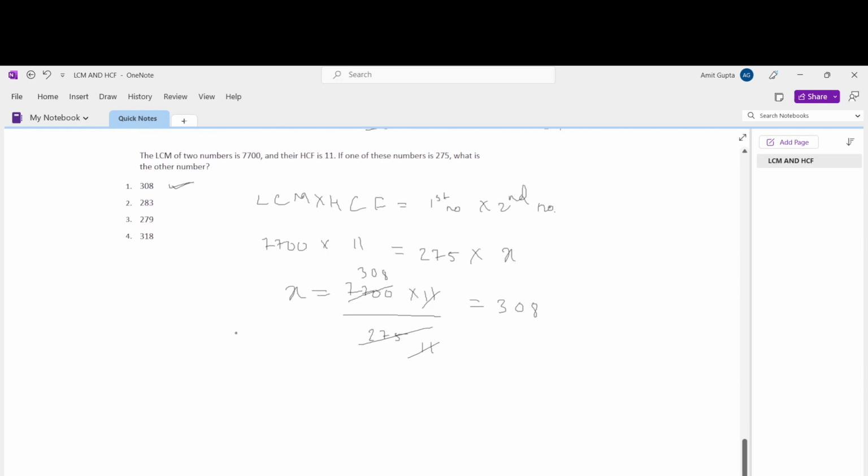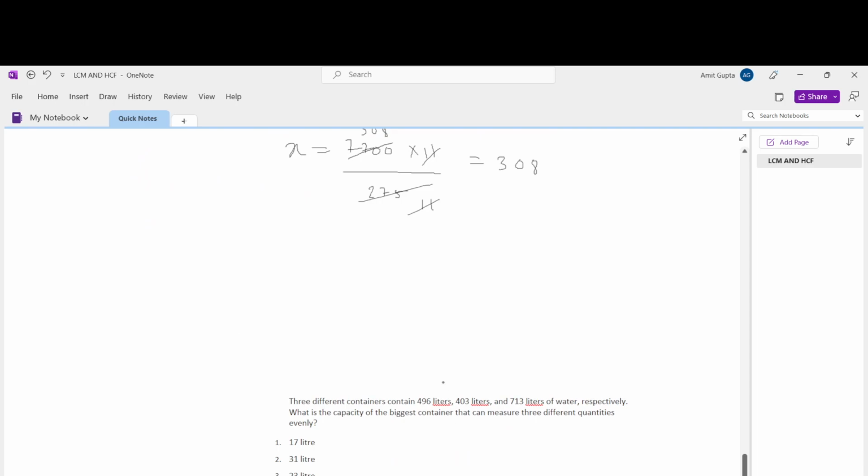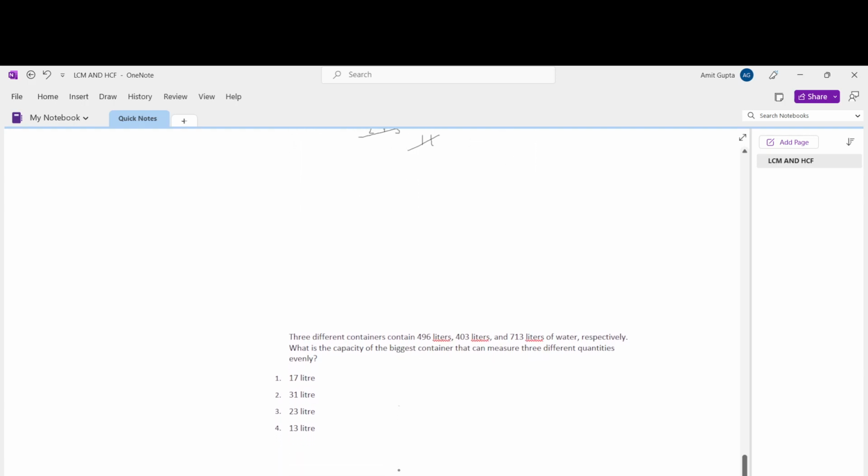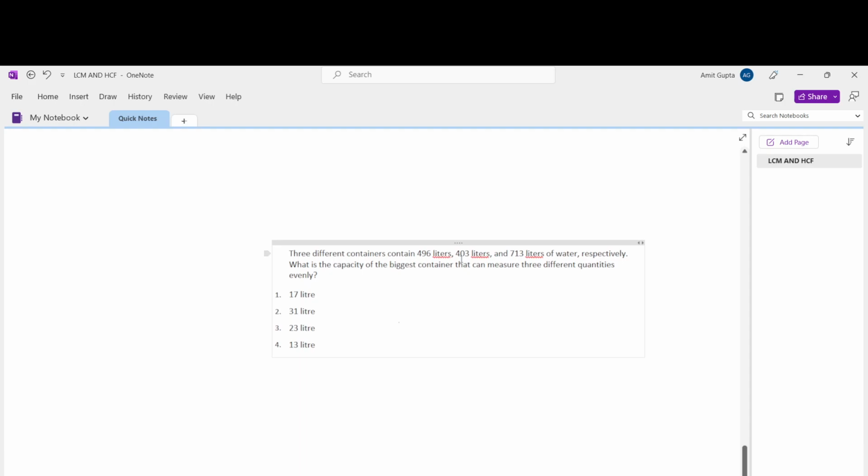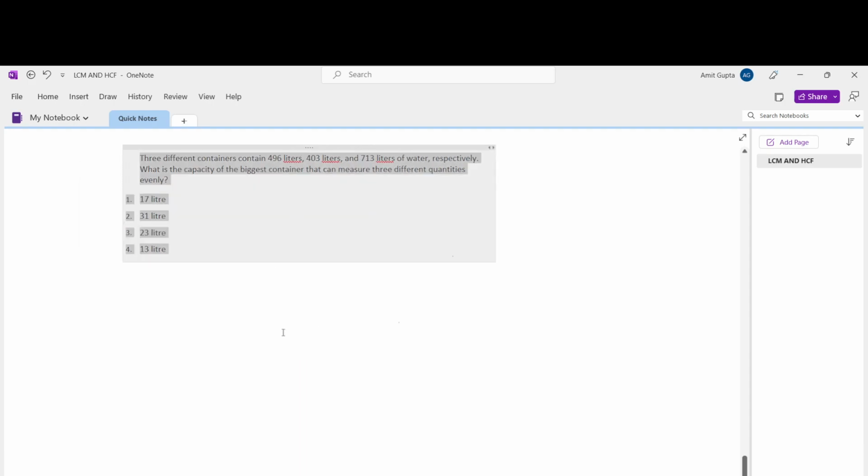Let's take the last question for this lecture. There are three different containers: 496 liters, 403 liters, and 713 liters of water, respectively. What is the capacity of the biggest container that can measure three different quantities evenly? So we are given three containers: